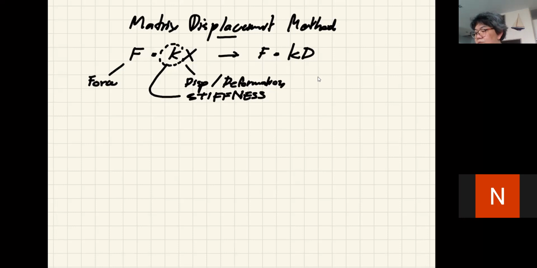A failure to identify stiffness means that you could never really get to the bottom of the relationship between force and deformation. So stiffness is what we need. And in the matrix displacement method, of course, you can guess now that we can write force, deformation, and stiffness